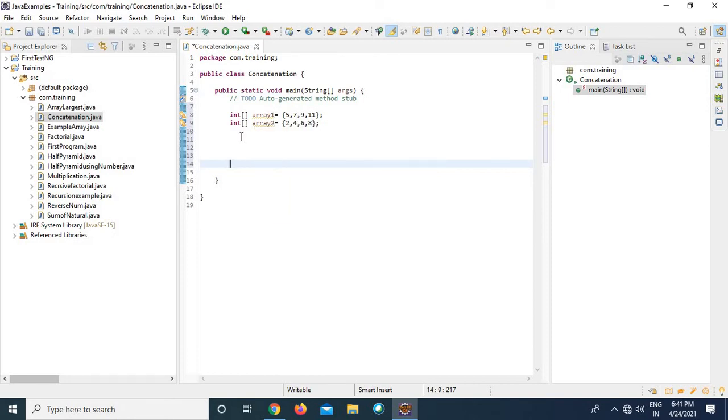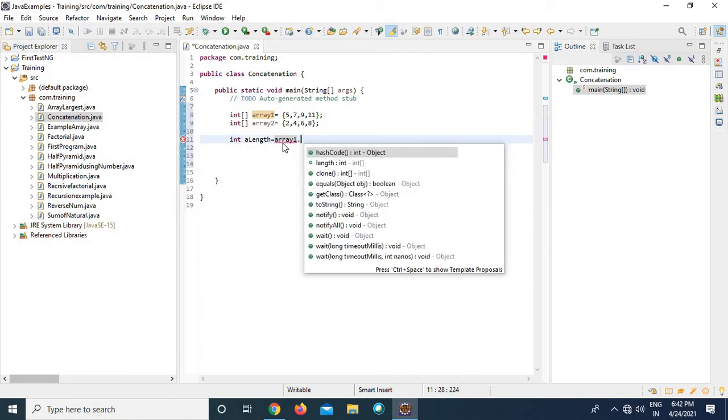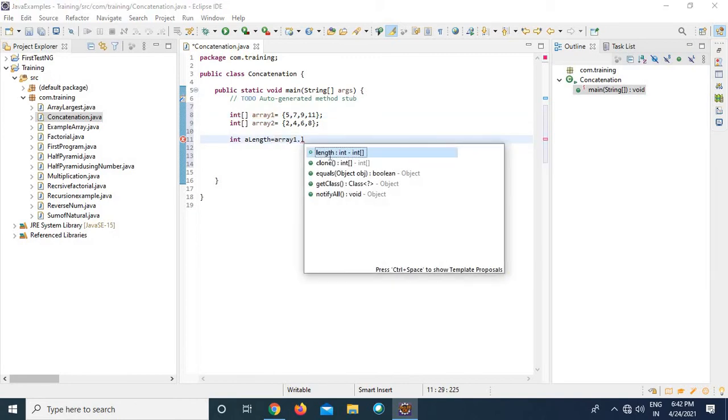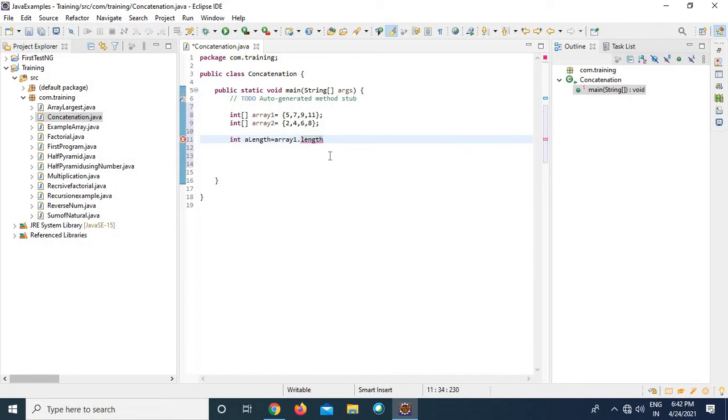For that, we already know how to find out the length of an array. So I am taking one integer, a length, and I am taking the length of my first array using array1.length. If I take this, automatically it will hold the length of my first array.